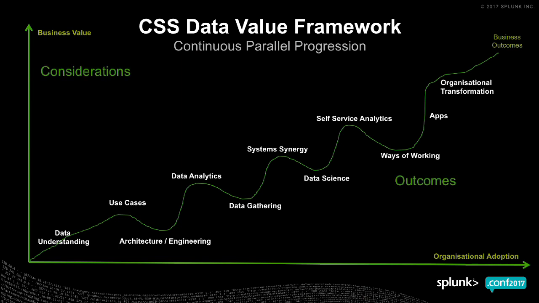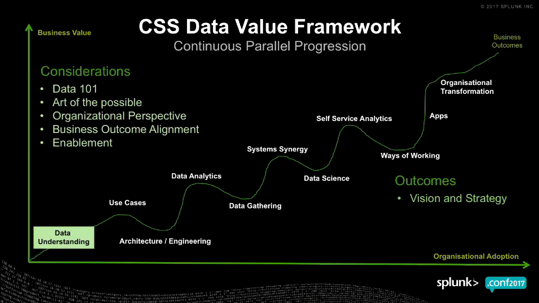If we look at the first one, which is data understanding, you might want to go into an organization and maybe give them a data 101. Maybe some people think that data is something that comes out of a structured database, whereas we know 95% of all data is unstructured, so maybe we've got to teach them that. There could be assumptions that we don't want festering. Also, we might want to do an art of the possible workshop with them. Who's doing what in similar industries? What things do you want to do to bring yourself going forward? Maybe get the organizational perspective.